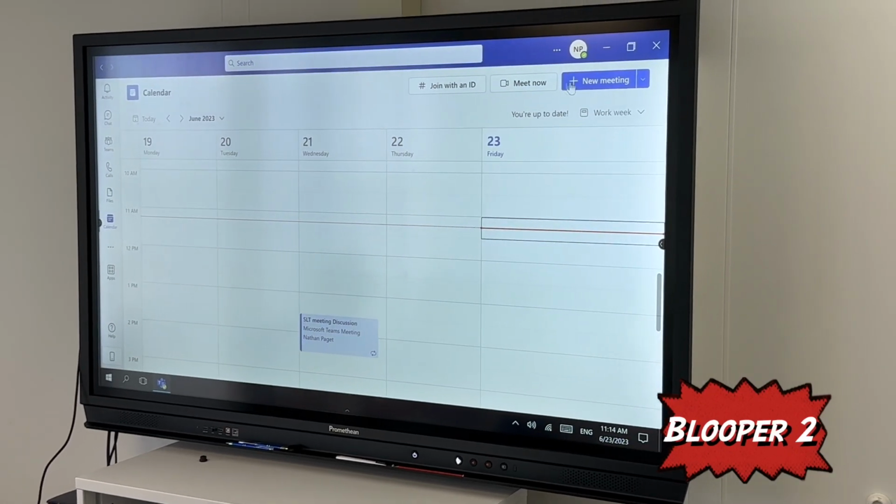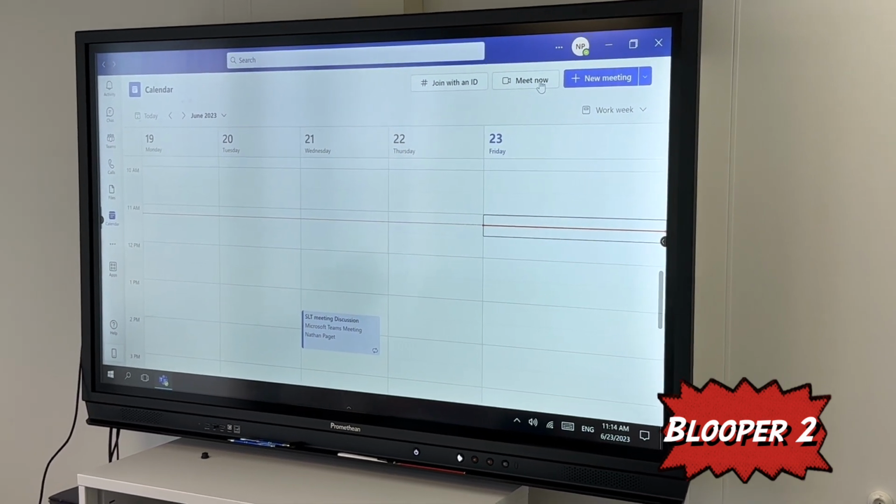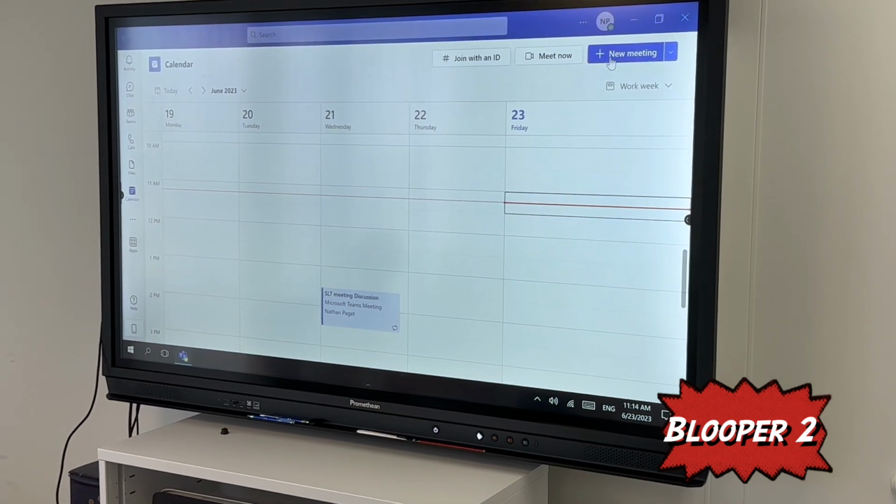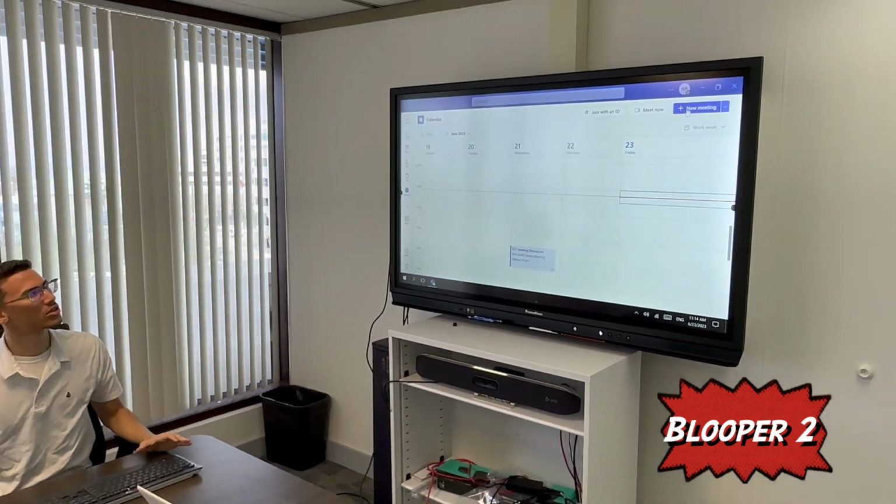So you can either do a meet now, or you can do a new meeting. The new meeting allows you to create a meeting for the future. So if I click this,